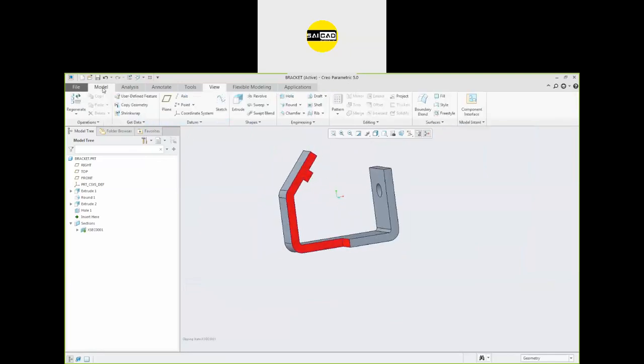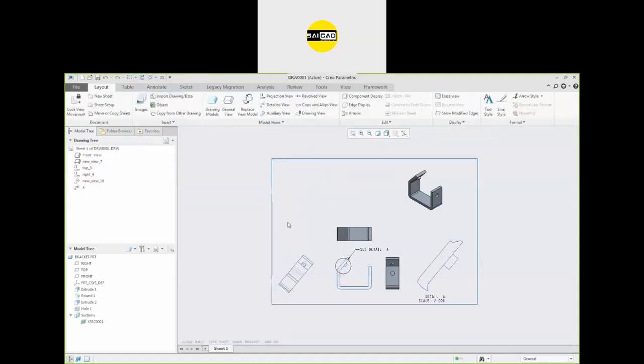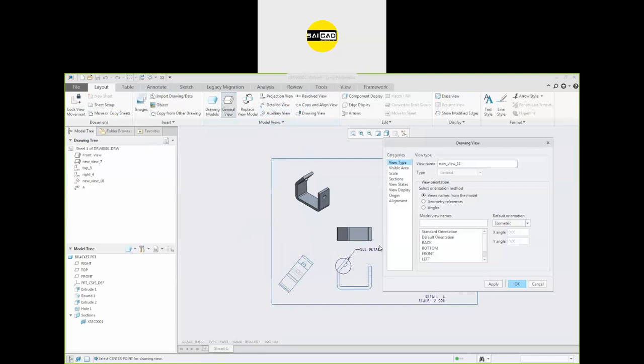Now, if you go to the drawing, go to insert a view, general view. Okay, where you want to place it, I want to place it here, but I want a section view, in which case I want this view to be from top. Okay, I want this to be from front. Apply.